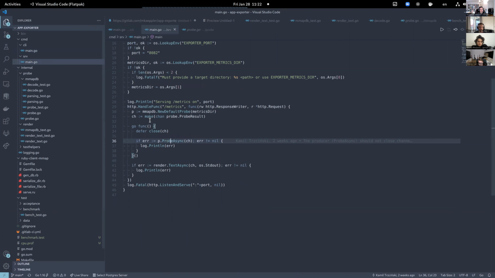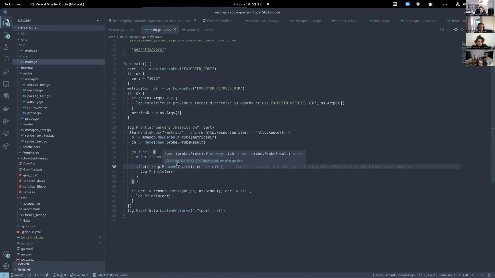Pretty simple. A bit later, I added a server, which is super easy to do in Go, ridiculously easy. You basically just need a handle func, which is like a lambda you pass here. It's a higher order function, right? You give it another function, and that's your endpoint handler. So it's kind of like a Sinatra mount point or a Rails route, very similar. And then you just do this blocking call here, listen and serve, and you give it a port. That's it. So off you go. Pretty nice. I really like this. And the actual implementation